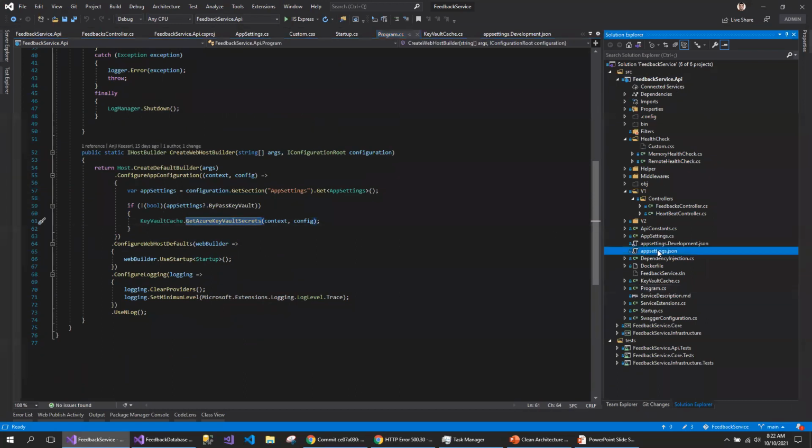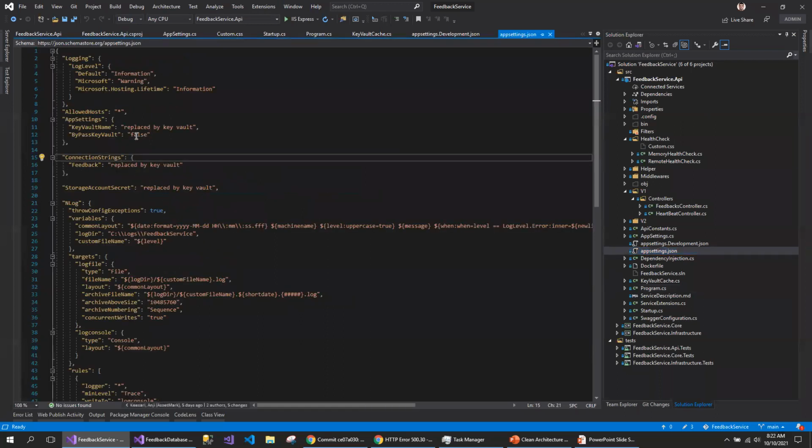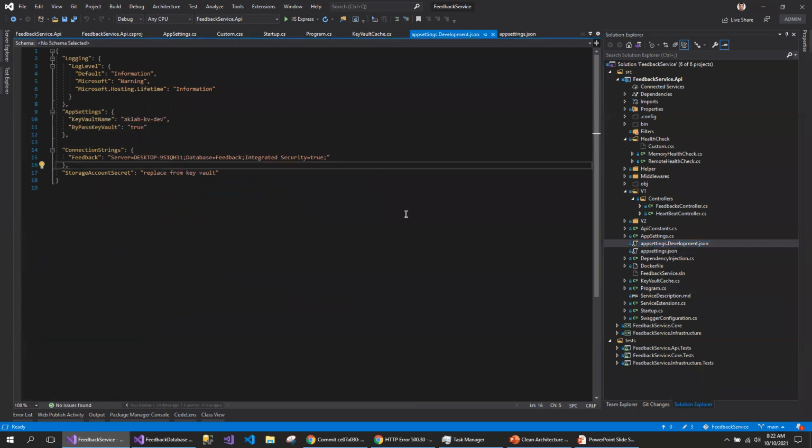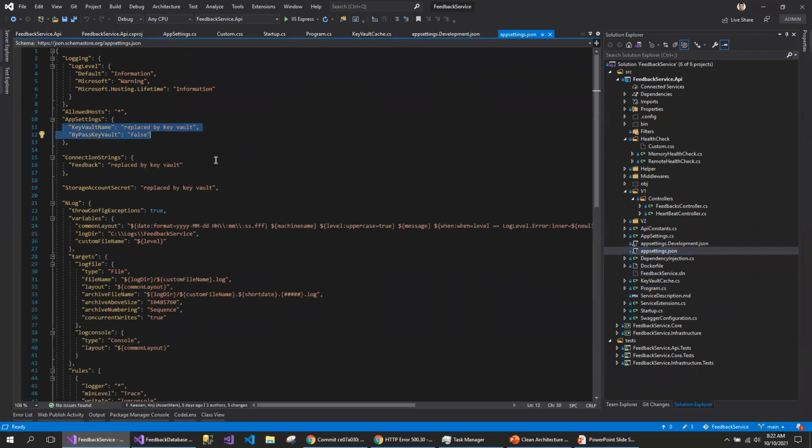If I look at the appsetting.json file, all my appsetting JSON files are yet to be configured for the URL. In my previous session, I was using the development JSON file, so locally it works fine. And this is my local database connection string. This is a Key Vault name. I'm yet to update that in the service. So that's why I expect this error to be coming.